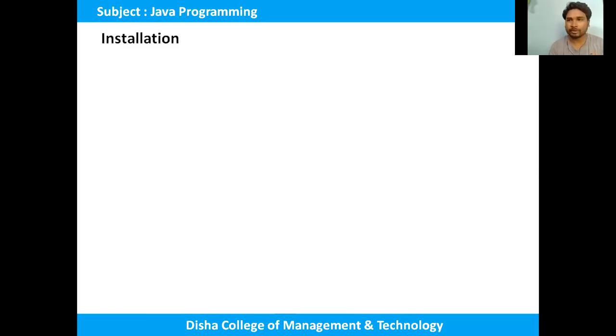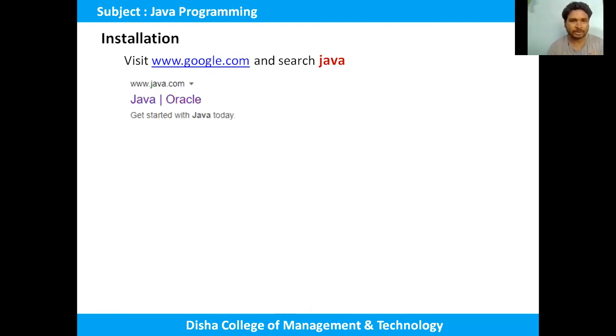First of all, I would like to explain the installation process of Java. Okay. So first open Google, and in Google you have to type Java in the search bar. When you hit the button, you will get this link, probably the first link on the Google web page. You have to click this link. Then that link will direct you to the Java web pages. Okay, so in that you will find this Java download button. Otherwise, you can search in the menu bar.